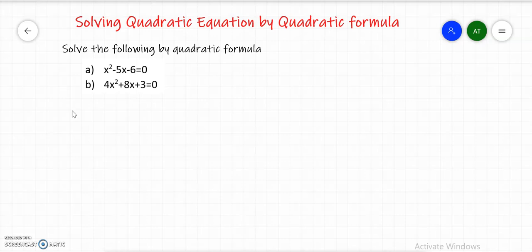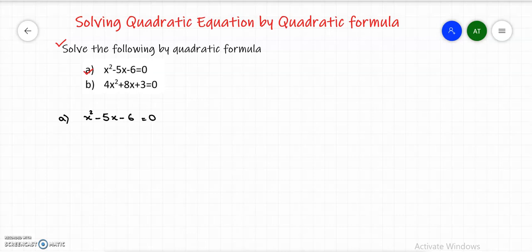Let's begin with an example. Solve the following by quadratic formula. Let's begin with the first part. So in the A part we have the quadratic equation x square negative 5x negative 6 equals